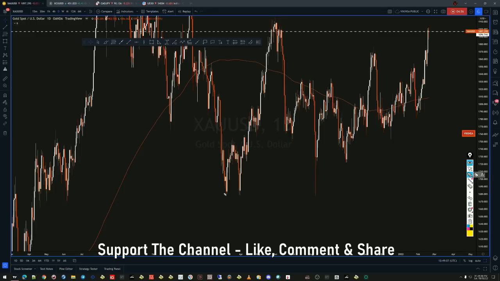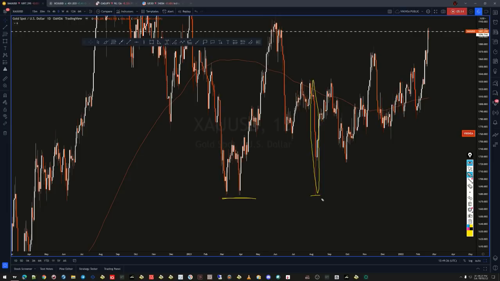Why is this happening? This is happening because there were stop losses below this, right? And they collected some of that, and that pushed the market up, which also means that this sort of move was very unexpected, and it can happen again. Market moves usually cause huge pain when you are not expecting them to cause any kind of pain. So this was the liquidity grab here at this point in time.